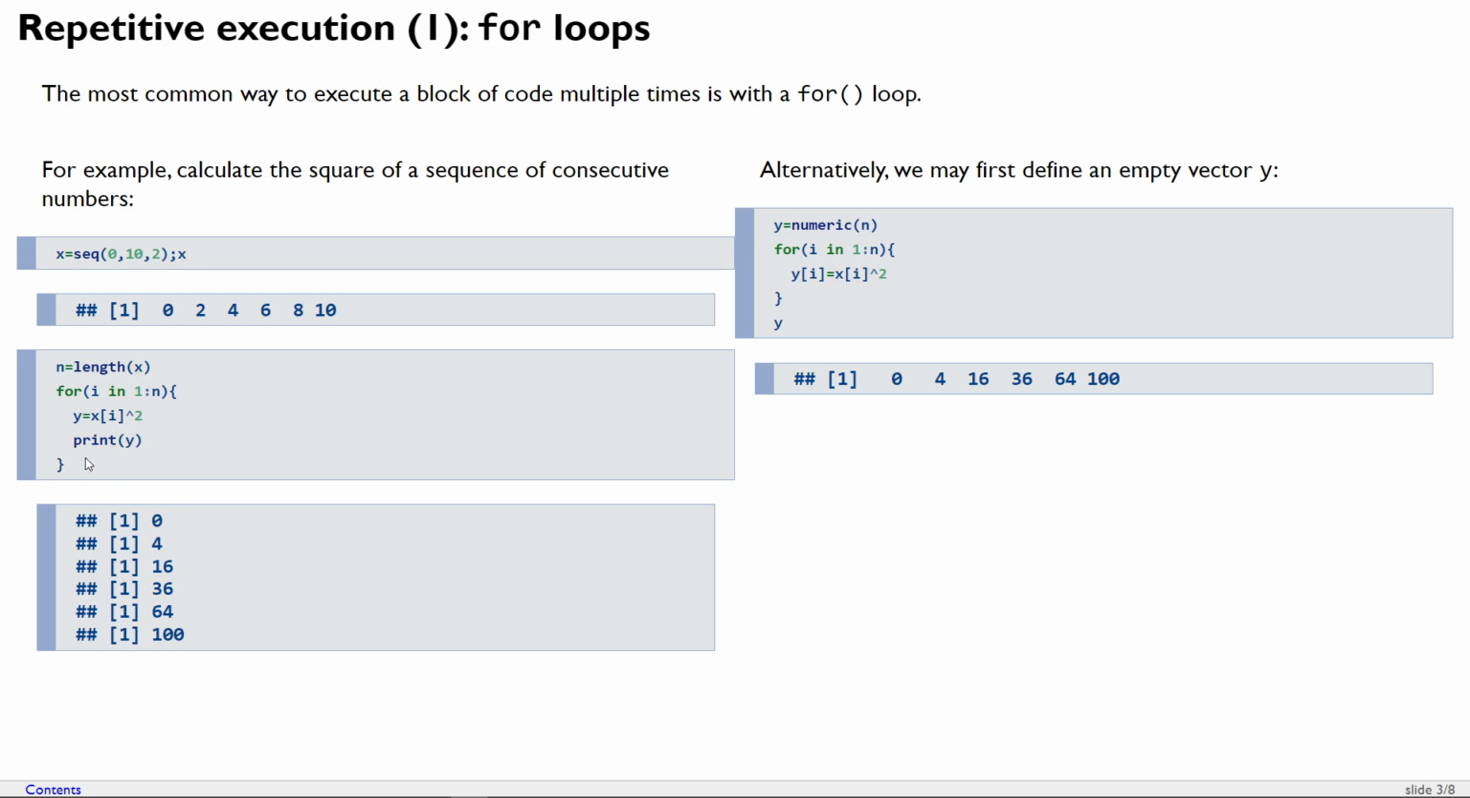Then write a for loop. For, parentheses, i in 1:n. 1:n is basically 1, 2, 3, 4, 5, 6. And then in braces, y is equal to x[i] squared. x[i] is the ith element in x. Last time we talked about how to extract a particular value from a vector using square brackets, right? So this is the ith element of x, and we square it and assign it to y,